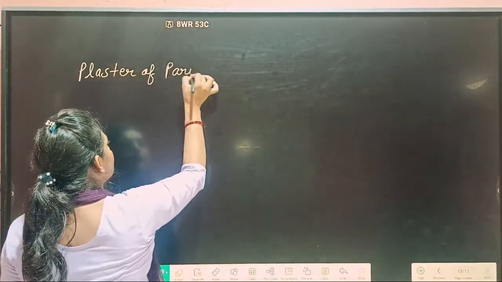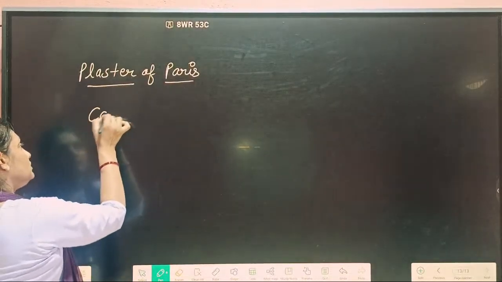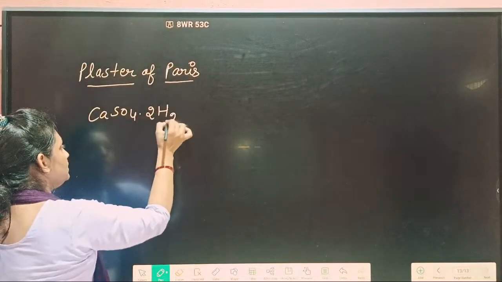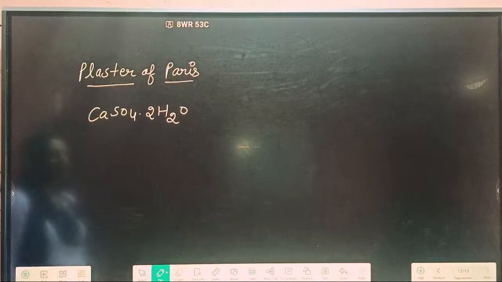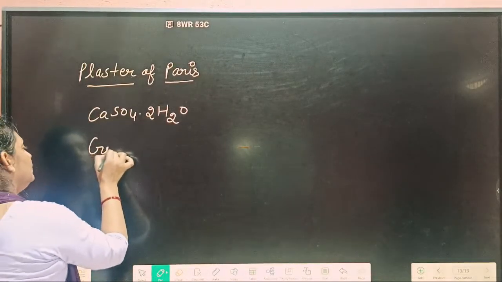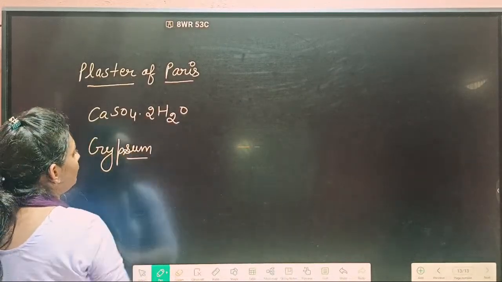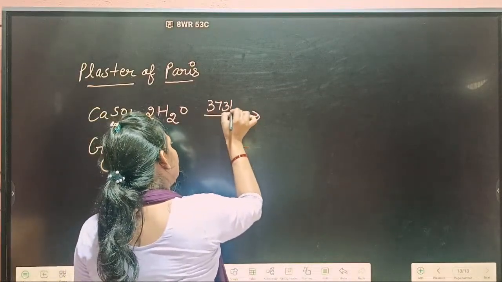How can we prepare this? Students, what is gypsum? Gypsum is calcium sulfate dihydrate. Calcium sulfate dihydrate. This is gypsum. When we heat gypsum at 373 Kelvin,